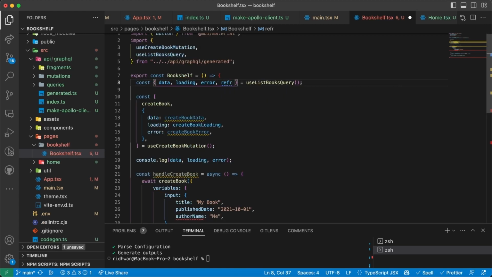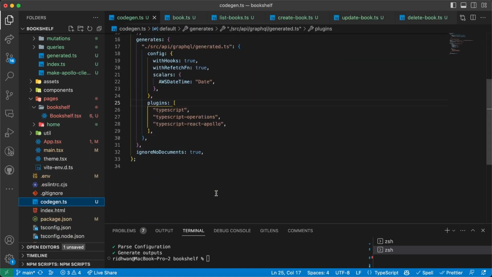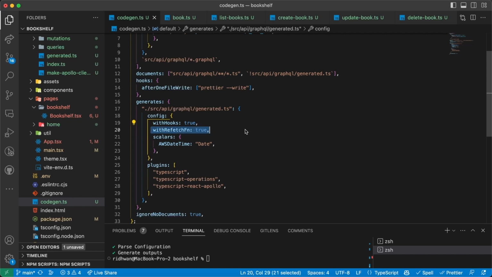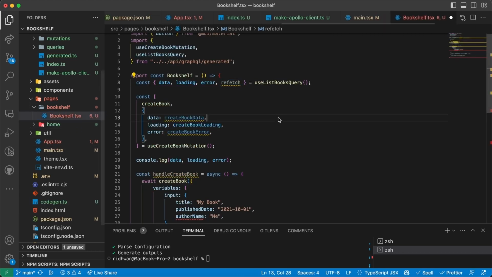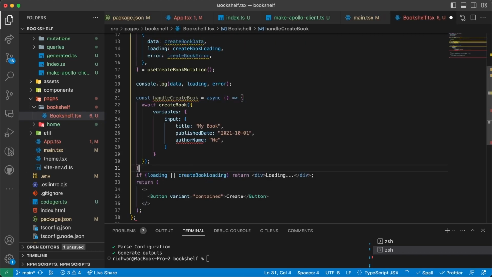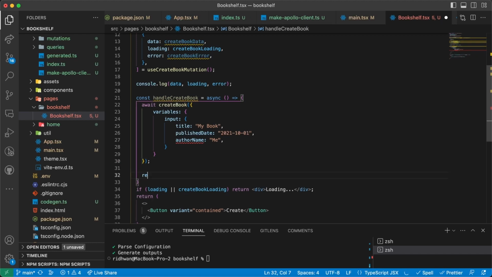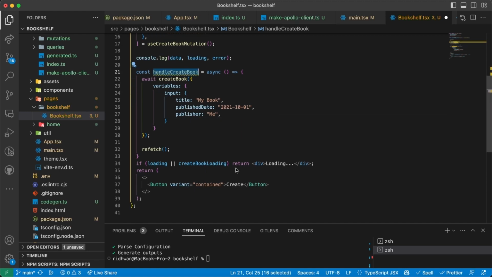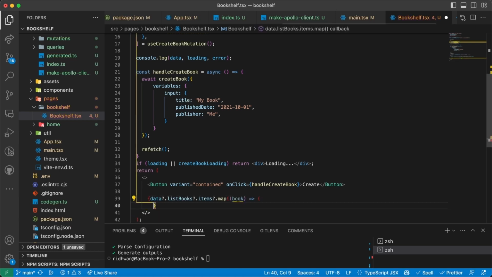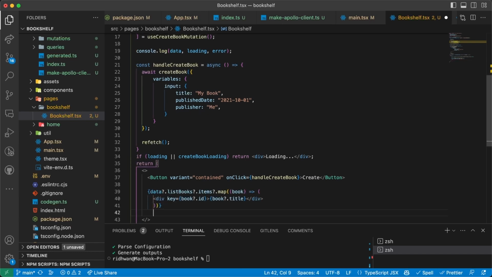And I'm just going to add in a refetch function to the query as well. This is why we added in withRefetchFn to our codegen. And then at the end of this function, we just want to call refetch to load the original listBooks query again. This isn't the right property. I just need to change this to publisher, and then we can set our onClick to handleCreateBook, and we'll just list out our book items here